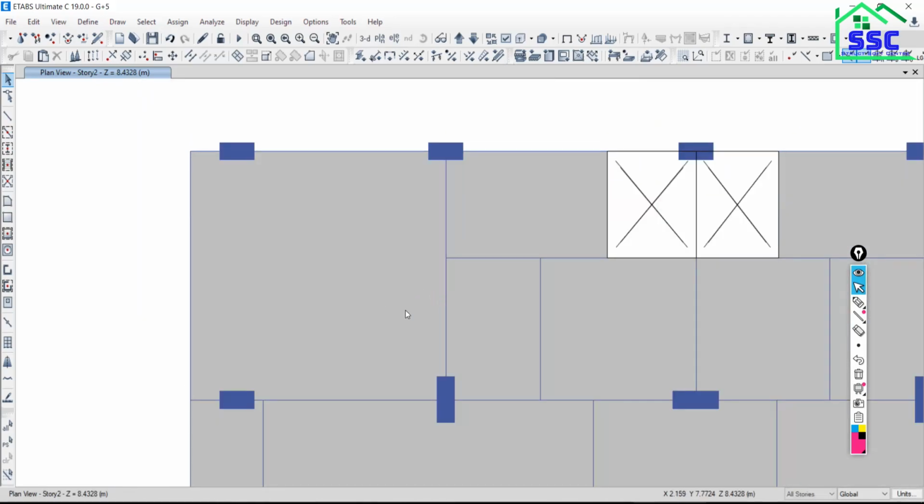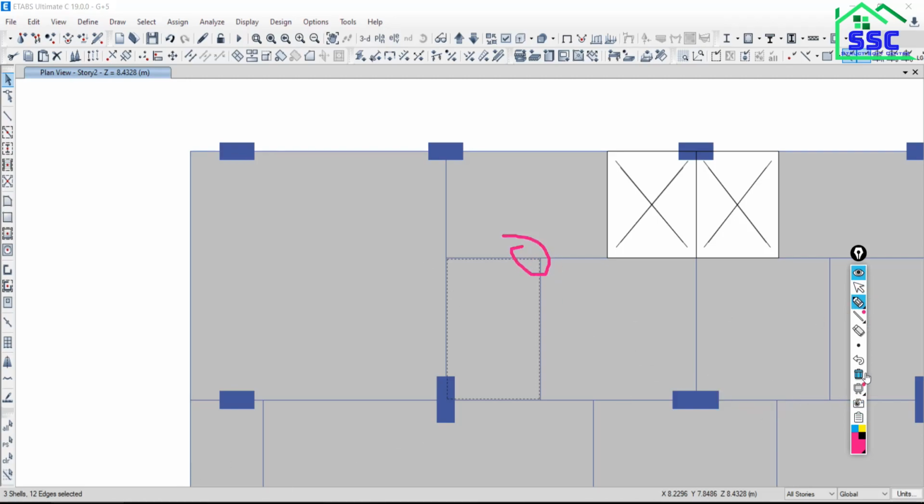For example, I have to take this slab from this point to this point. I have to pick this point and keep this slab here, in reference to this joint.